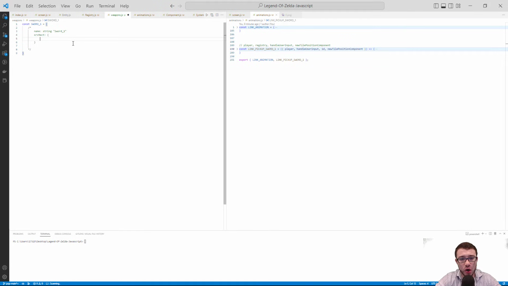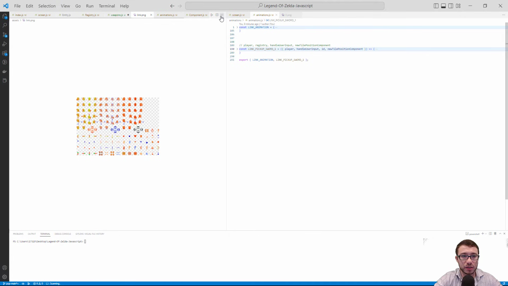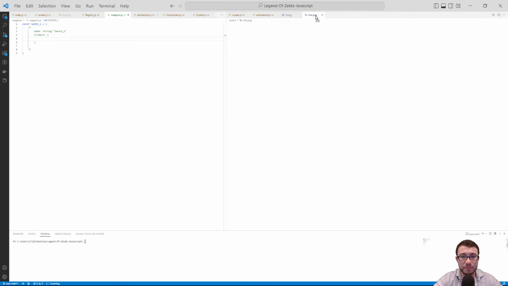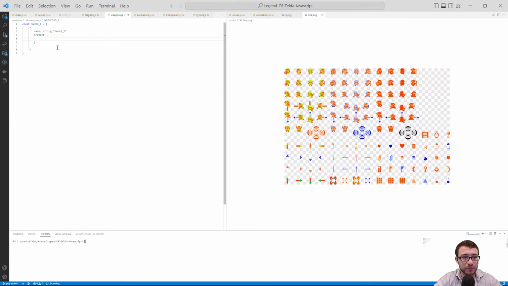Because when we call this property and we want to render the sword on the screen, we want to know which one of these swords we want to render. So we have an up, down, left, right sword. So we need to know where they are on the sprite sheet. So it's going to look like up: X, Y, width, height,